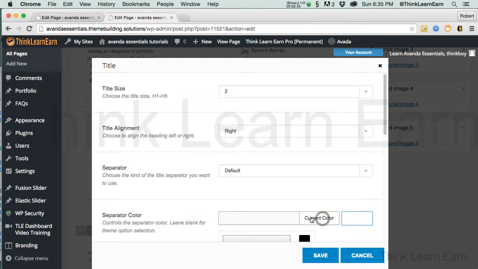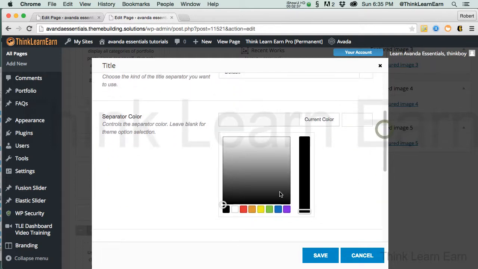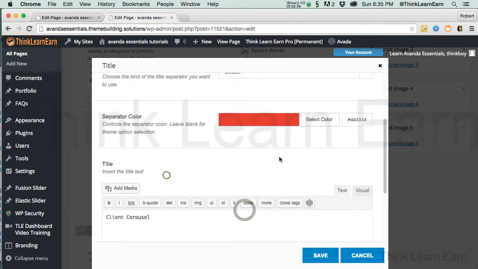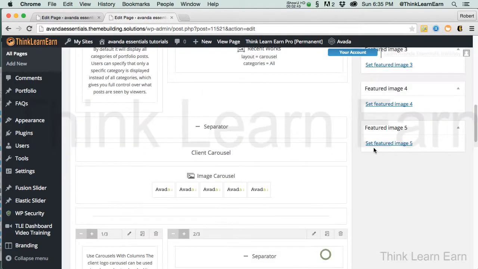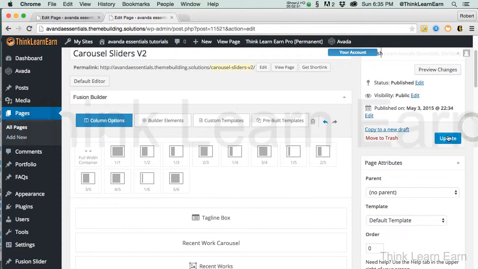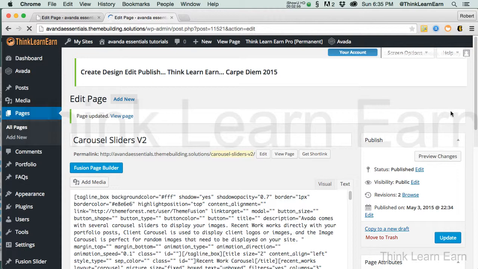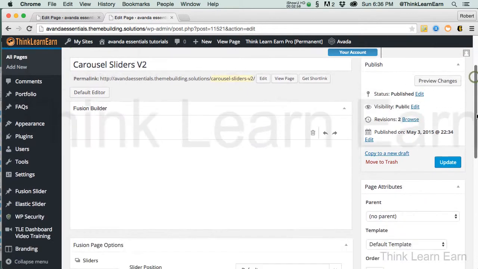A separator color, just because we can. Let's again make it red. And again, the reason I pick red is because it's visual. You can see it. And I'm going to save those changes. Okay, so get to know your different types of carousels. That information can be found if you come up here for a second. If I go into my builder elements,